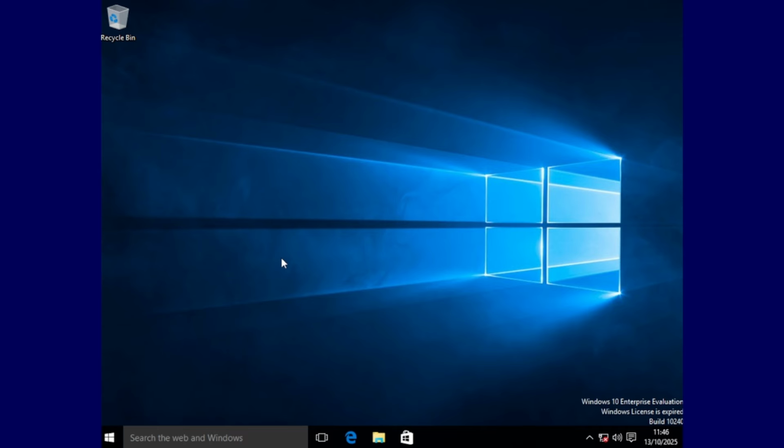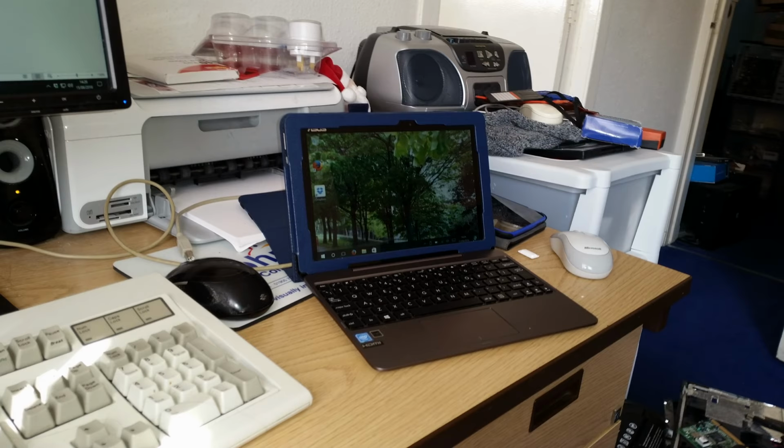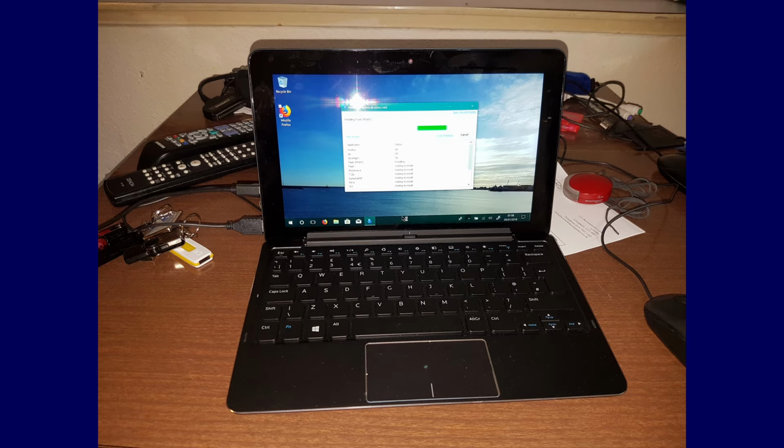Now, this was something that I did use because I did own an Asus Transformer Book T100HA. Some of you may remember me doing videos on that. I later upgraded to a Dell Venue 7140, which again was a fantastic tablet. Both of these machines had keyboards that you could dock into.